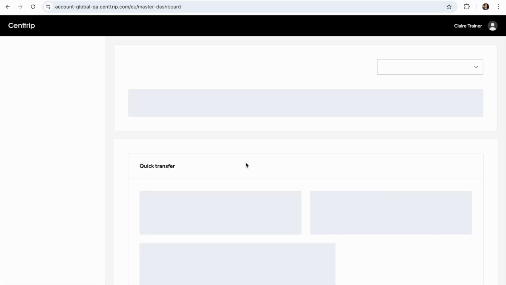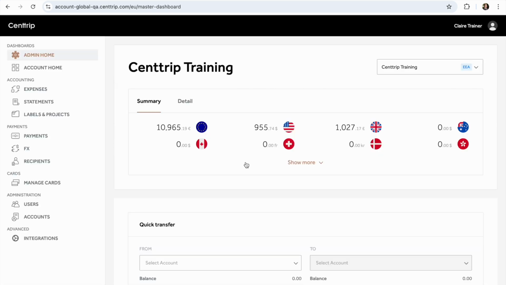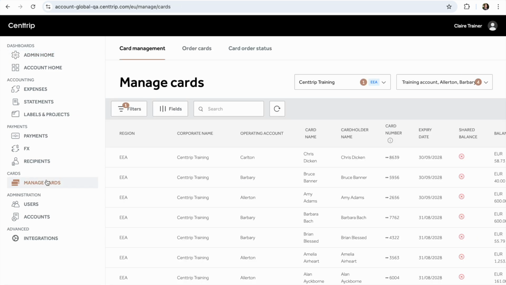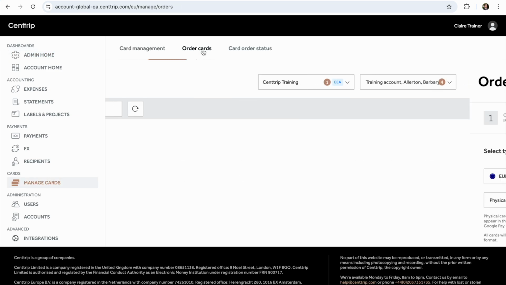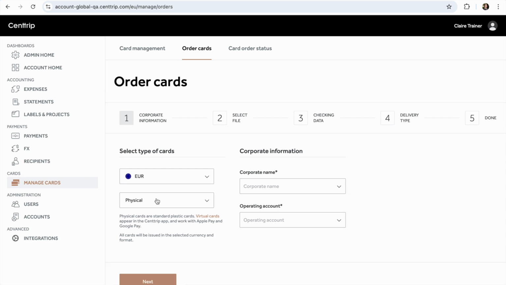And I am going to order a new card for that user. So in order to do that, I'm going to go into Manage Cards. I'm going to go into Order Cards. And here we are. We've got this drop-down list here, which allows me to select that I'm going to do a virtual card. And I'm just going to confirm the operating account for that card, and I'm going to click